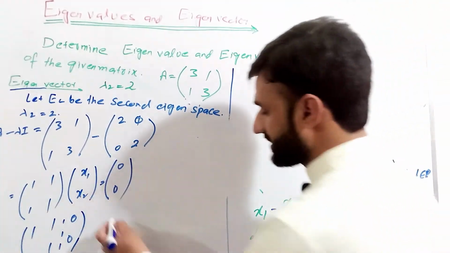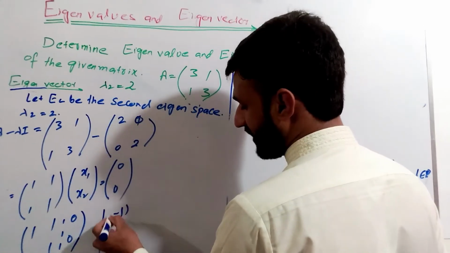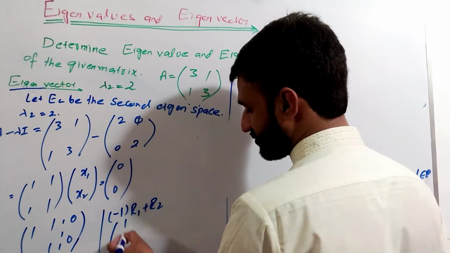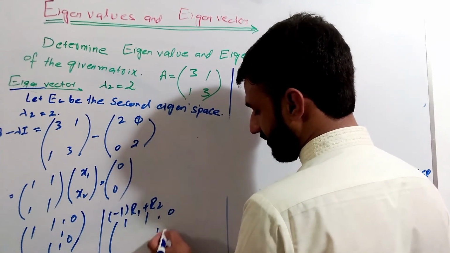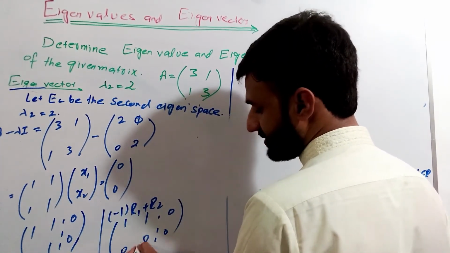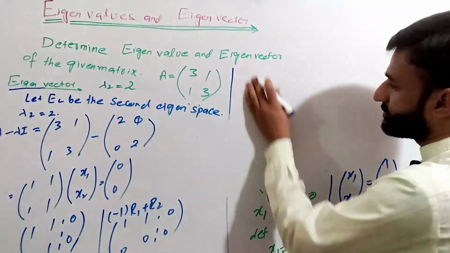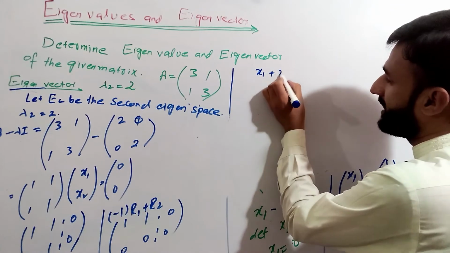If I do minus 1 R1 plus R2, here is 1, 1, 0, 0 and 0, 0. So in reduced echelon form we have obtained x1 plus x2